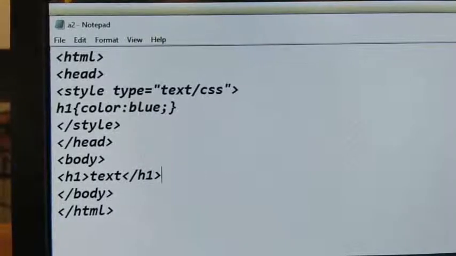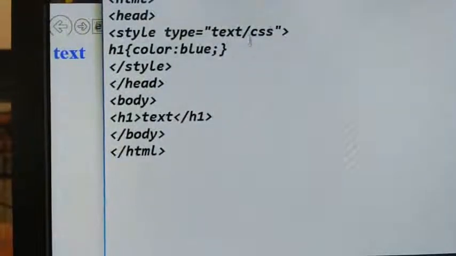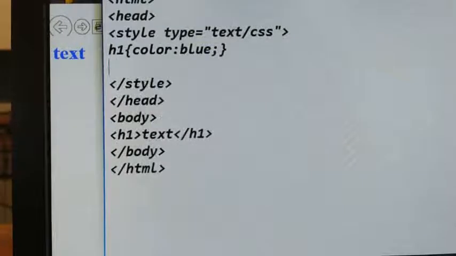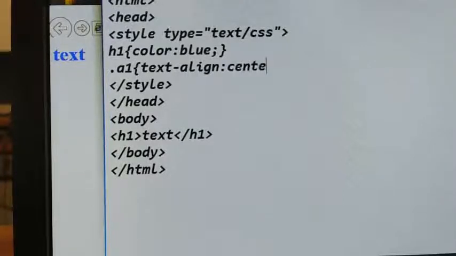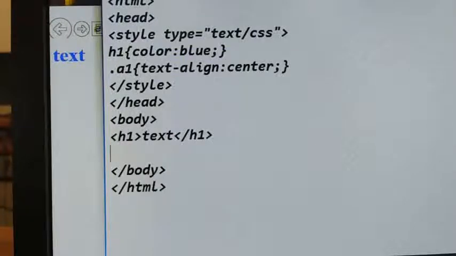Now one more selector we will include, that is the class selector. That is dot, for example a1. The same I will give: text-align center semicolon. Here I have not given this property for a class yet. For the paragraph I am giving the class selector A1.